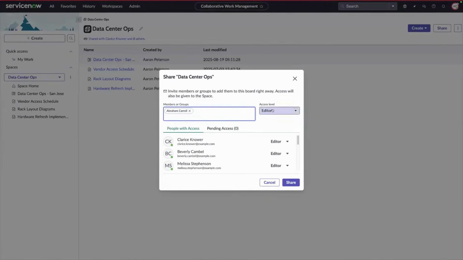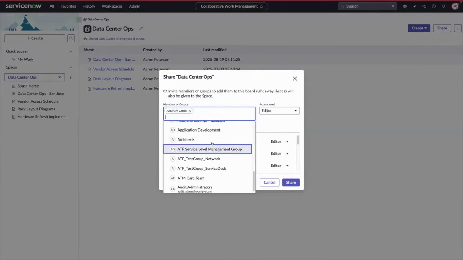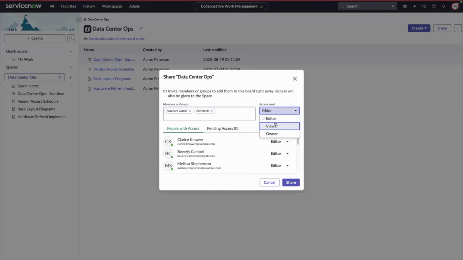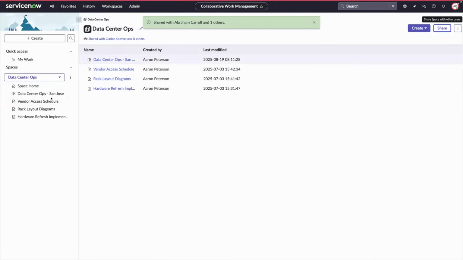So he can add other team members or groups to get access and change the level of access they have. So we're going to share this space with some additional people who might be collaborating with Aaron. Now, jumping into our task board,